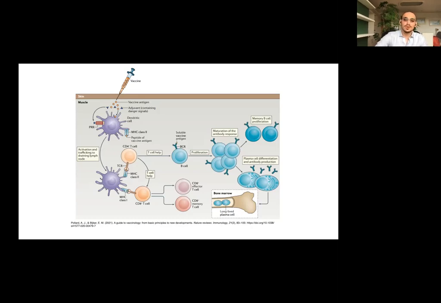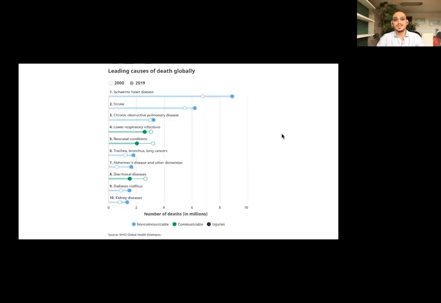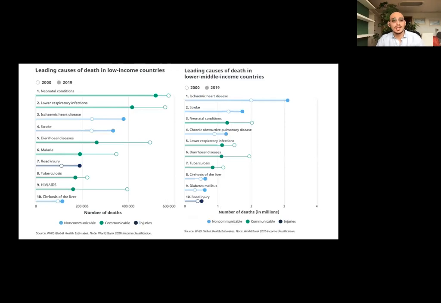And this is particularly important because infectious diseases have been a major cause of morbidity and mortality throughout human history. And of course, if you take a glimpse at just the year 2000 until now, we see that they're still important, with 3 out of the 10 leading causes of death globally being from communicable diseases, and particularly true for lower income countries, where there's still a high burden, with 6 out of 10 of the leading causes